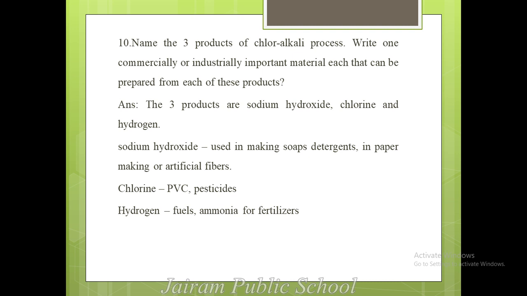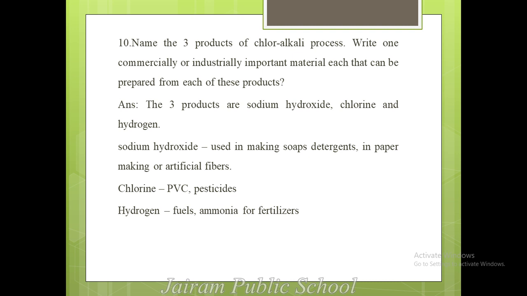Next we are going to the long question and answer. The first question is, draw a neat and labeled diagram to show the following activity: action of dilute sulfuric acid on zinc granules. So here there are 2 questions they asked. One is, name the gas evolved. So in the above reaction, what gas is evolved? That you have to write. And second one, how will you test for the gas? So that also you have to write.